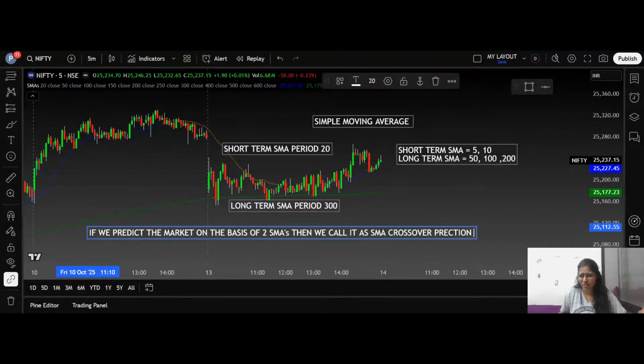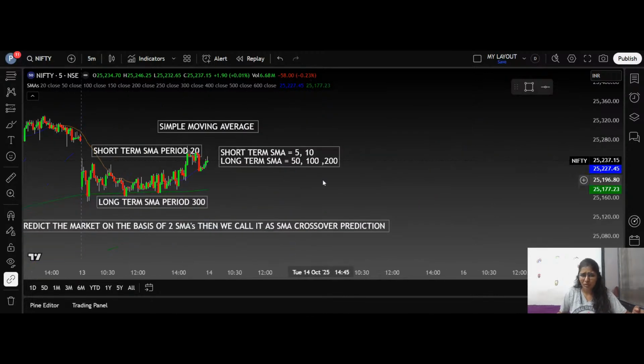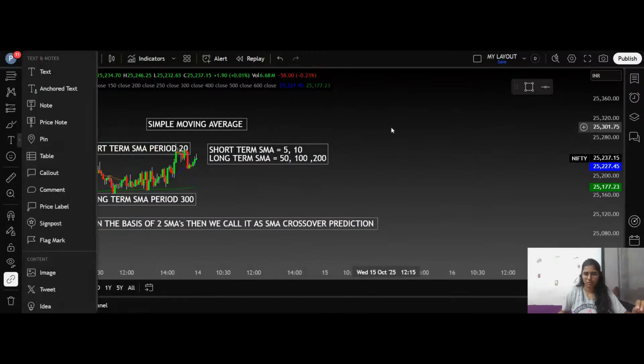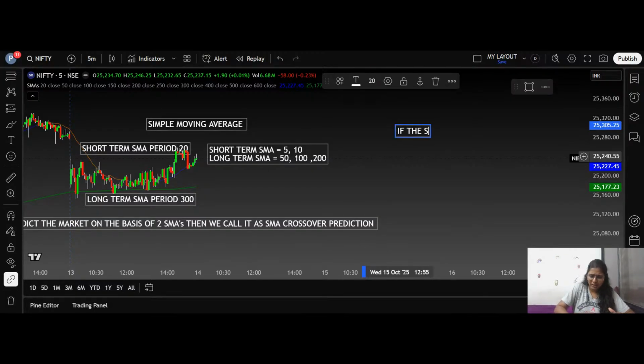It is the SMA crossover prediction method, in which two SMAs are drawn in one graph, and we are going to predict the market on the basis of this. So what do we predict on the basis of this? I'm going to write it here. If the short-term SMA,